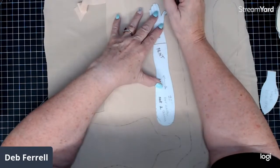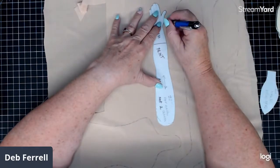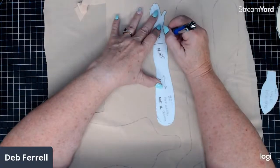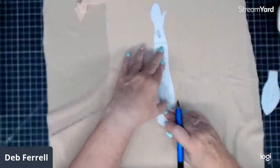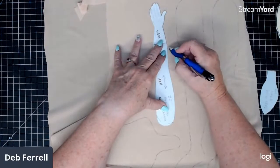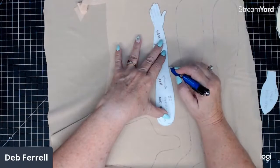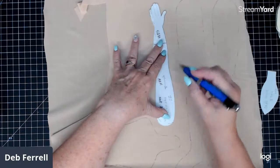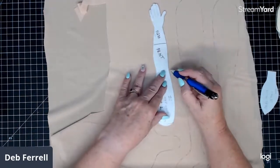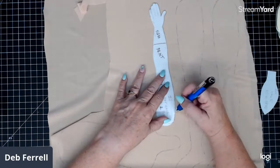Been so long since I've made any dolls. I used to make a lot of dolls. The year that the Cabbage Patch dolls were, now we're talking back in the 80s or 90s, whenever it was, the year that they were so hard to find, nobody could get them at Christmas. I ended up making, I think it was like 70 dolls, and they were